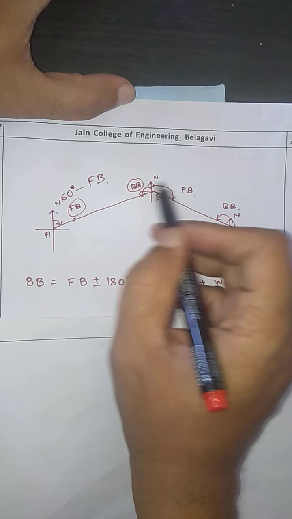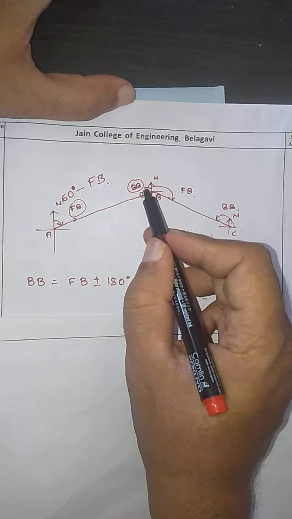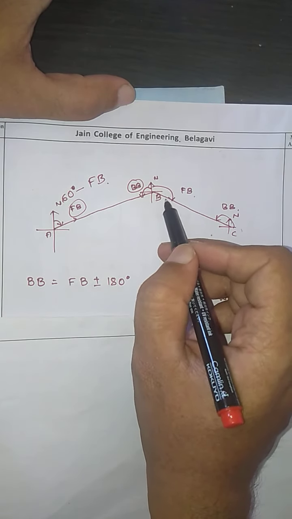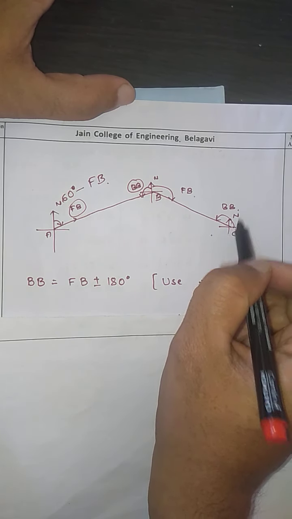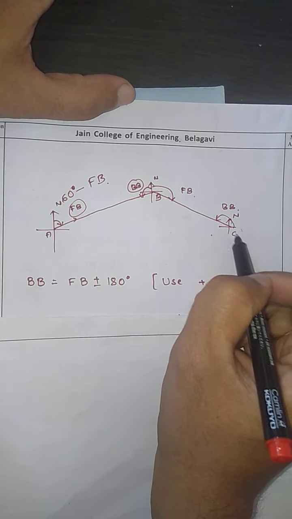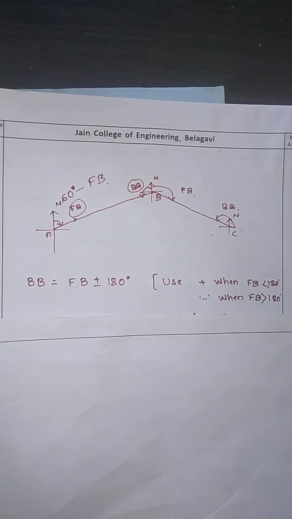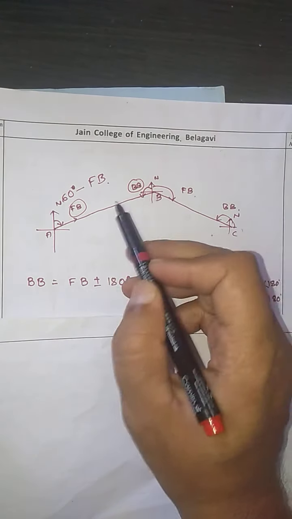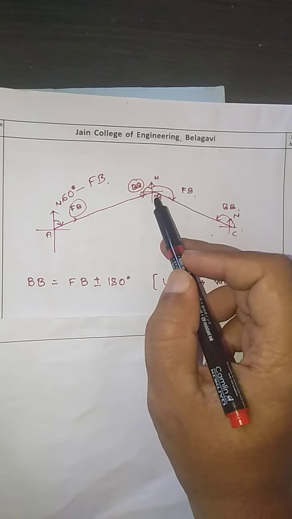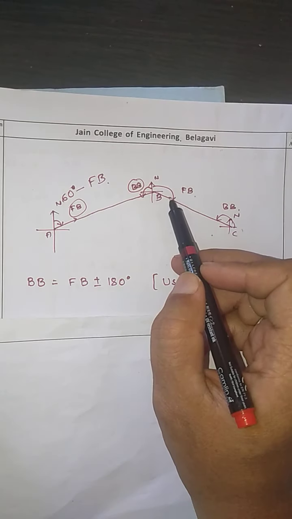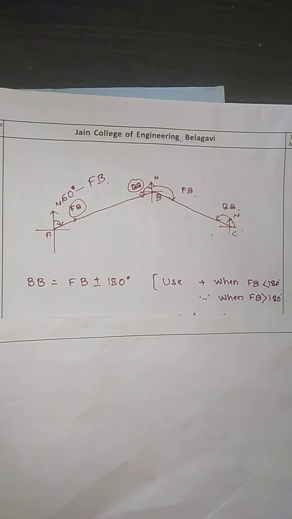Again, if you fix the compass at B and look towards C, that is called a forebearing. If you are looking forward, that is a forebearing. And by shifting the compass to C, if you look backward from C to B, that will be called a back bearing. A to B forebearing, B to A back bearing, B to C forebearing, C to B back bearing. If you are looking forward, that is forebearing. If you are looking backwards, it is called a back bearing.